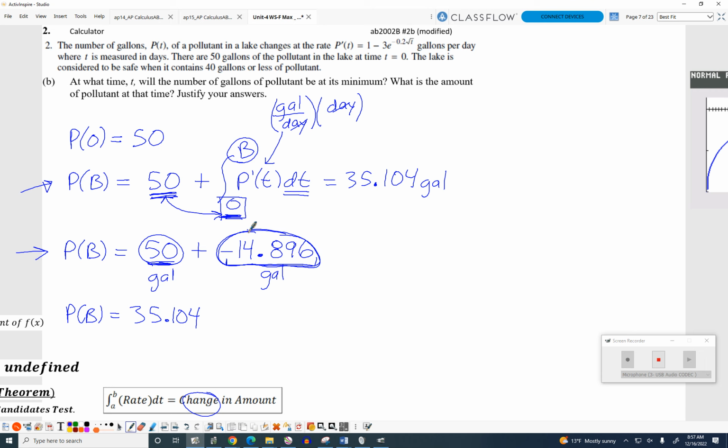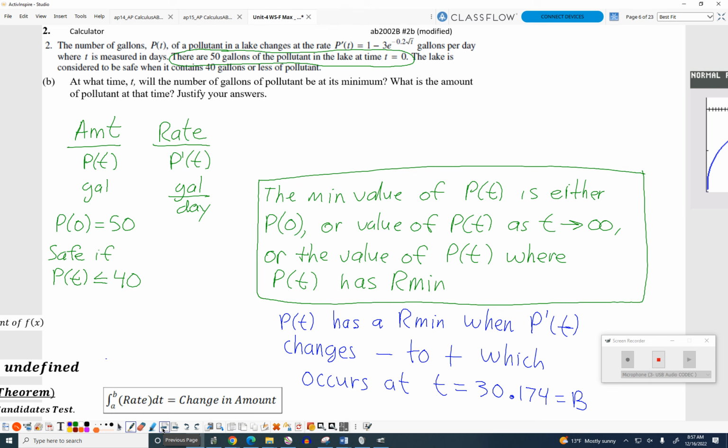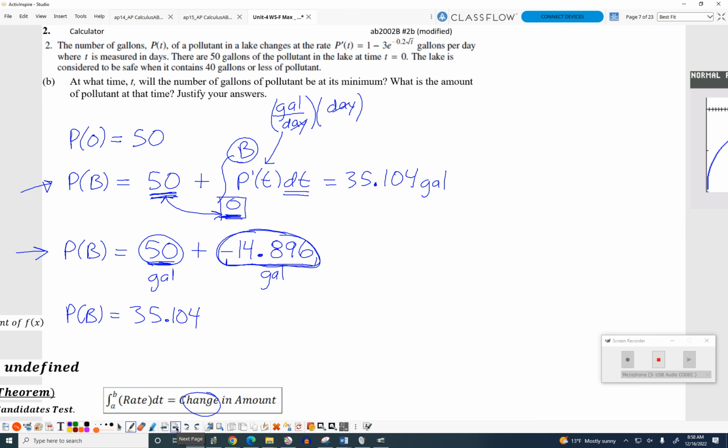Cool. We do need to do one more thing that we haven't done before. We have to account for this right here. The grader is going to check to see if the student pays attention to that. So you have to write something to address that particular item. Here's a good thing to write. You can write that for time greater than 30.174, P prime of t